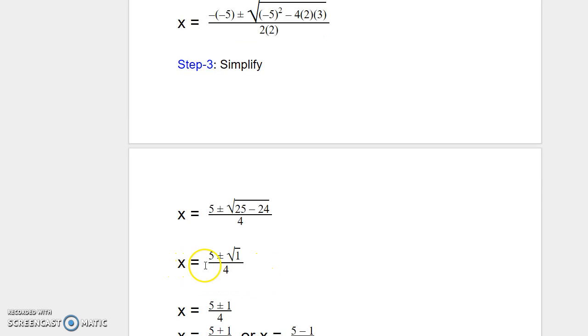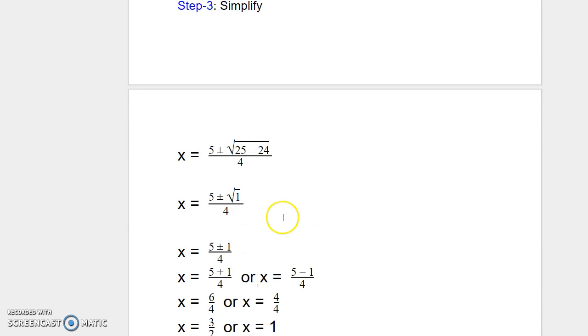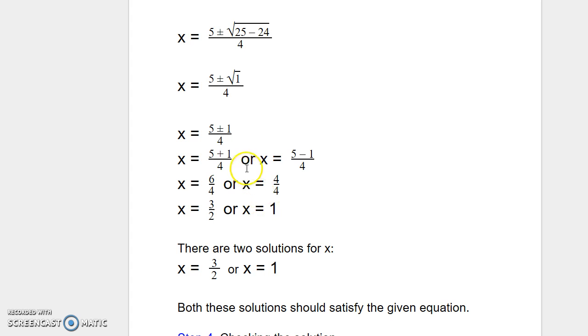So x equals 5 plus or minus the square root of 1. 25 minus 24 is 1 under the square root, the whole thing divided by 4. The square root of 1 is 1. So the value of x is going to be equal to 5 plus or minus 1 divided by 4. So the two solutions we have are x equals 5 plus 1 divided by 4, or x equals 5 minus 1